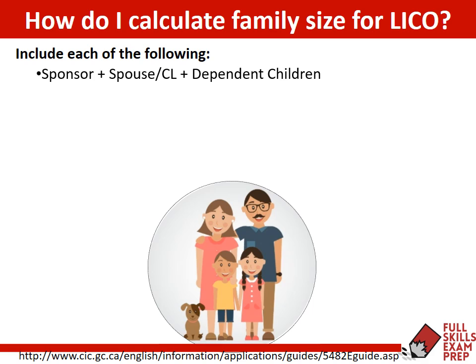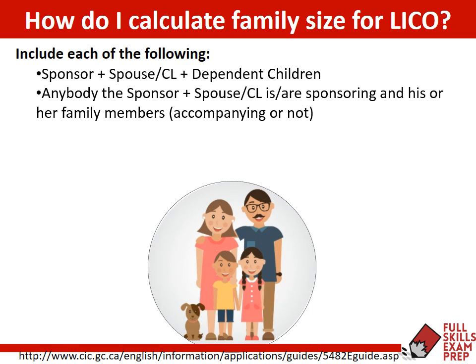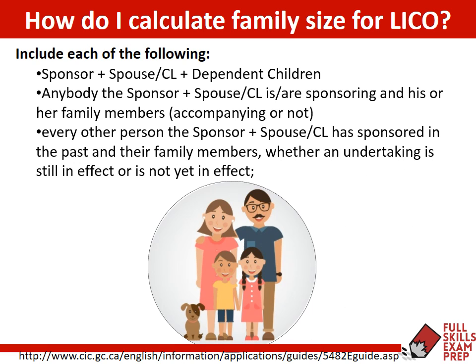And just in terms of mathematics over here, or data that you might encounter in the exam, in calculating the family size for a LICO, the person would have to think of the number of family members that he or she has, even if they're living with him or not. Maybe they have a daughter or son who's a student at university and lives away from home for 8 months of the year. That person would still have to be included. Okay, the person being sponsored as well, and any accompanying family members of that person.